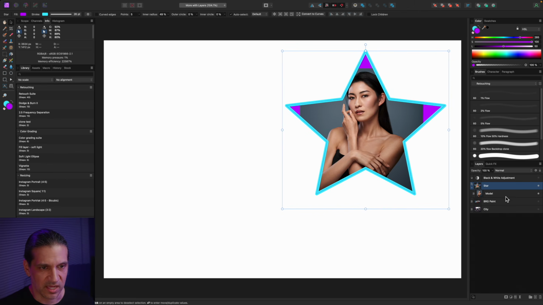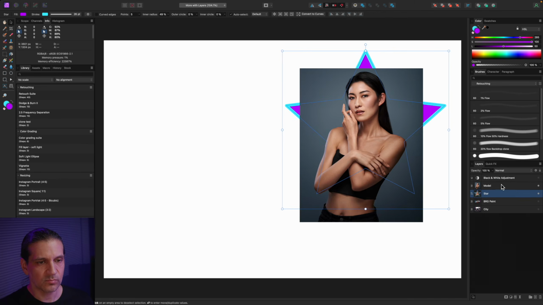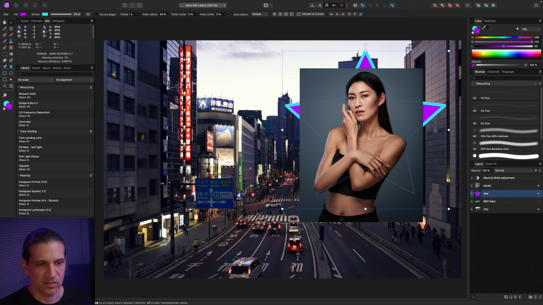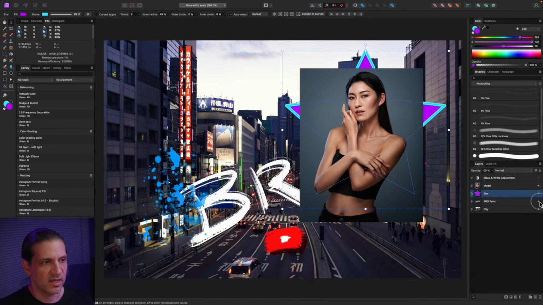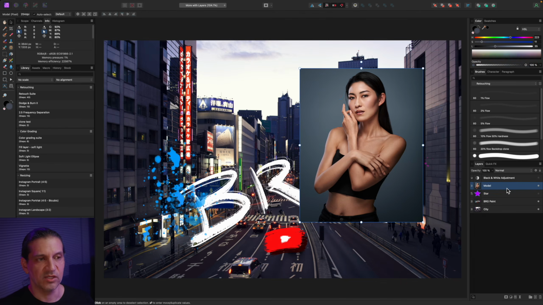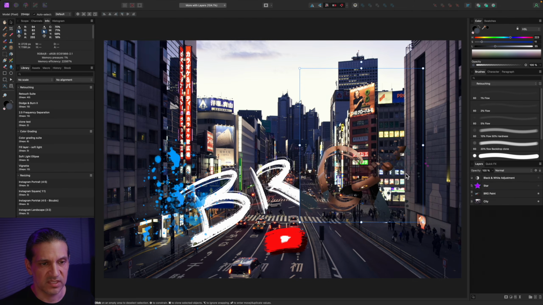Let's go ahead and take her out right now. I'm going to go ahead and turn that city back on, and let's bring that BRG paint back in. And so for example, let's go ahead and turn that star off. I could clip her into that BRG paint layer. And when I do that, you're going to see it's a bit difficult to see, but let me go ahead